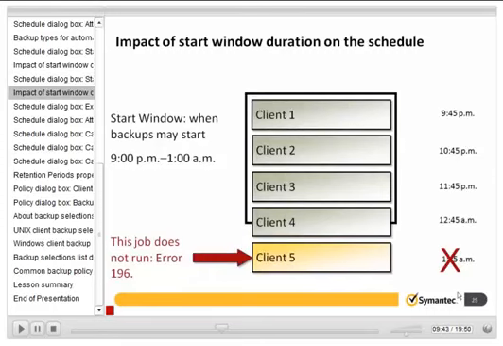Let's take a look at the impact on our Start window duration. So in this particular scenario, we actually have 5 clients. We've created a Start window that is set aside for 9 p.m. to 1 a.m. Now technically, once this job gets initiated, it goes into the activity monitor. From the activity monitor, it might be queued. If resources are not available, there's no way that the start window guarantees that first job will kick off at